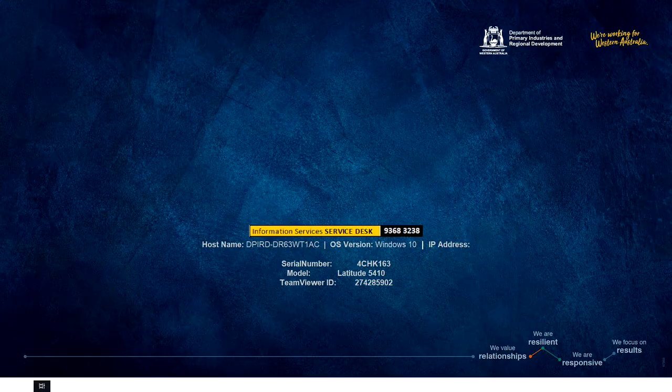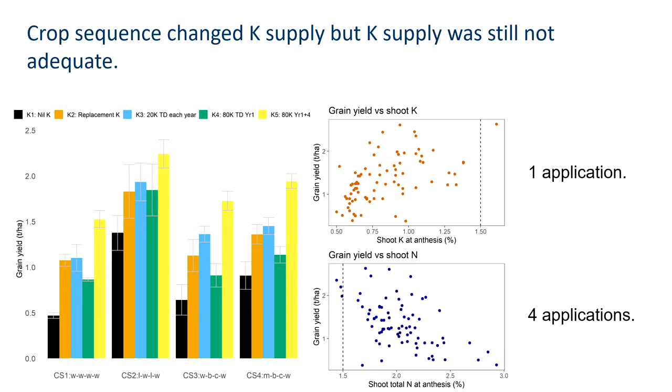So the next slide that I have, which you'll have to imagine also, is this one. This is the 4th year from one of our long-term K cycling experiments. This is at a site at Mingenew where there's been a long history of soil amelioration in terms of ripping, ploughing and liming. It was actually a really good opportunity for us to look at K cycling in an unconstrained soil. And what we were really interested in this series of experiments is how crop sequence influences K supply